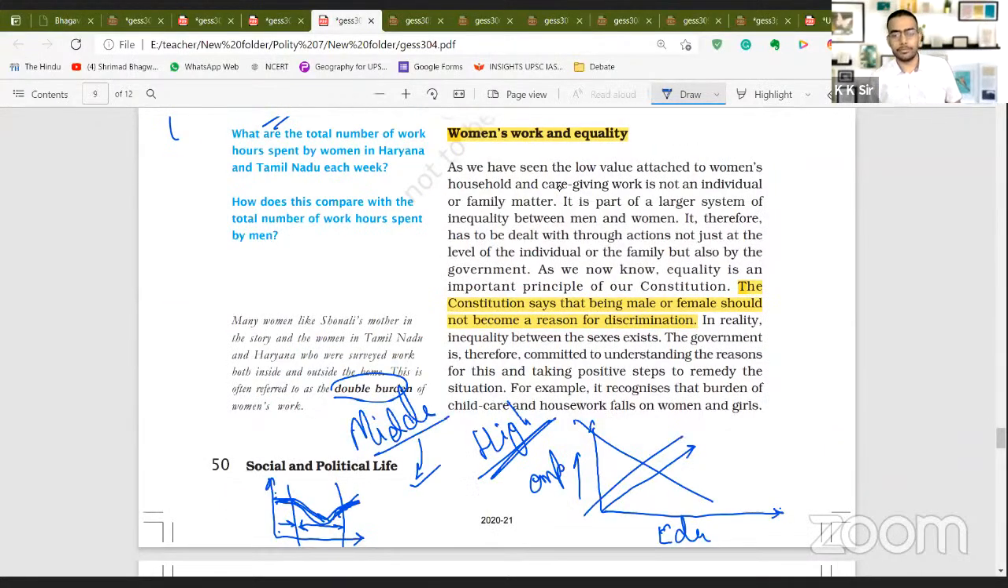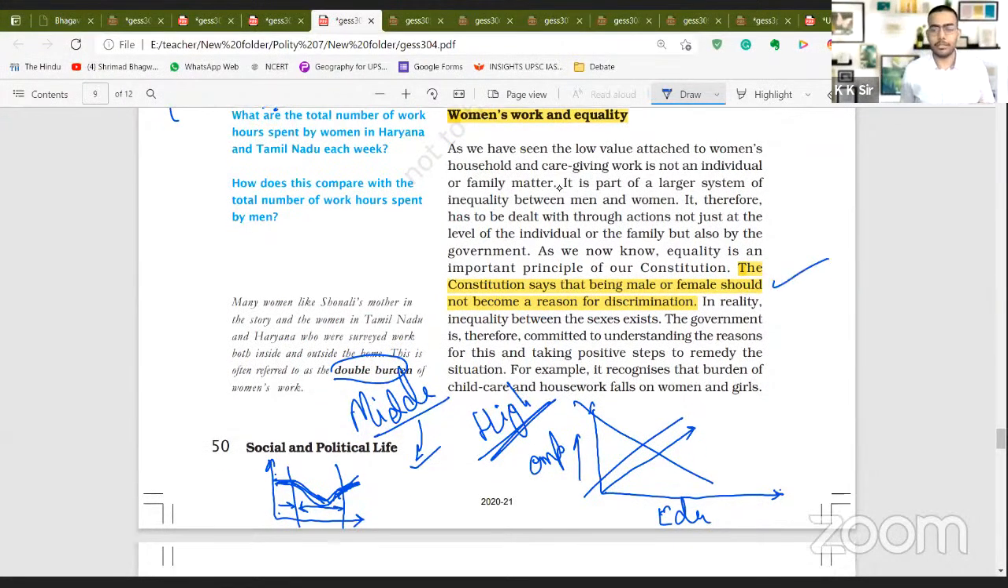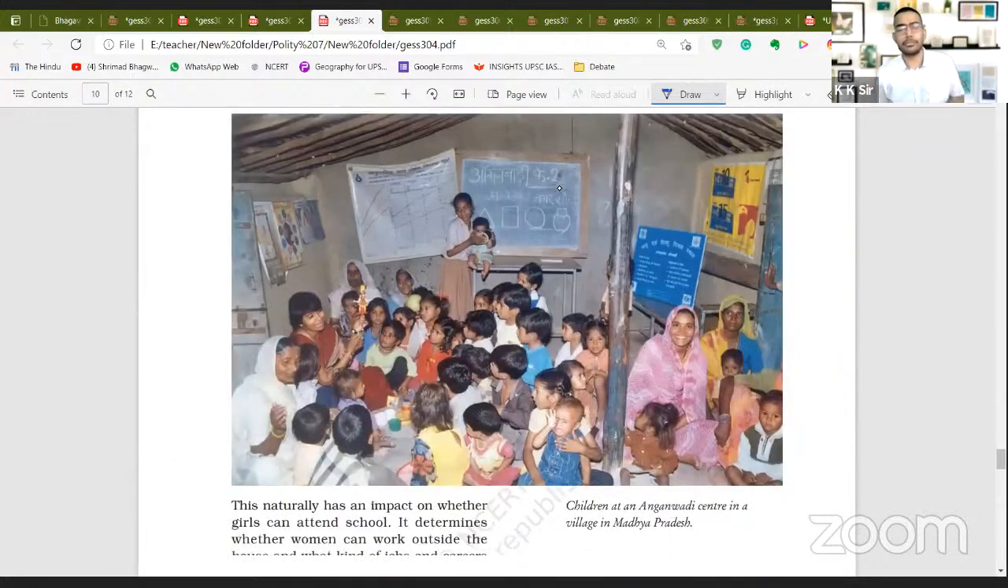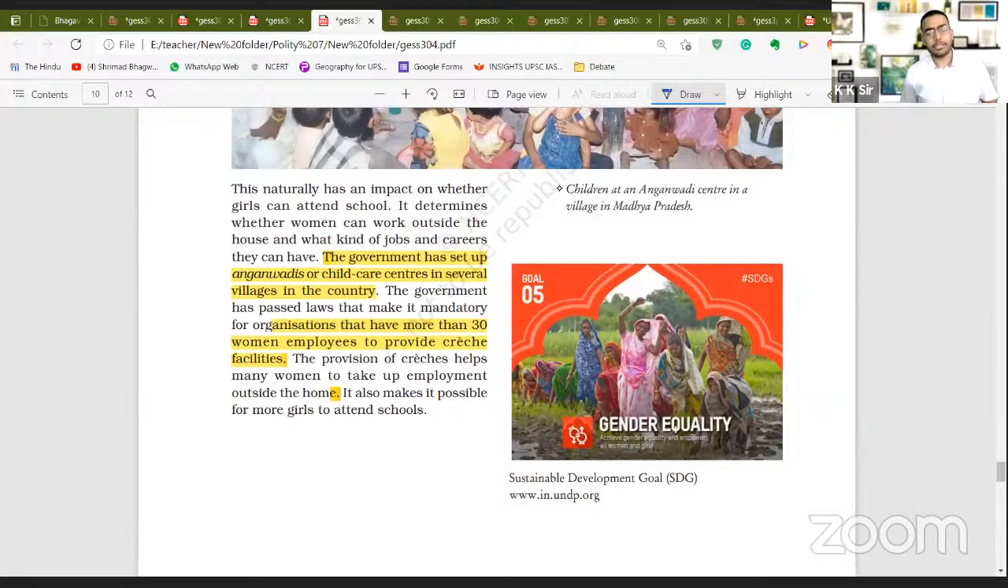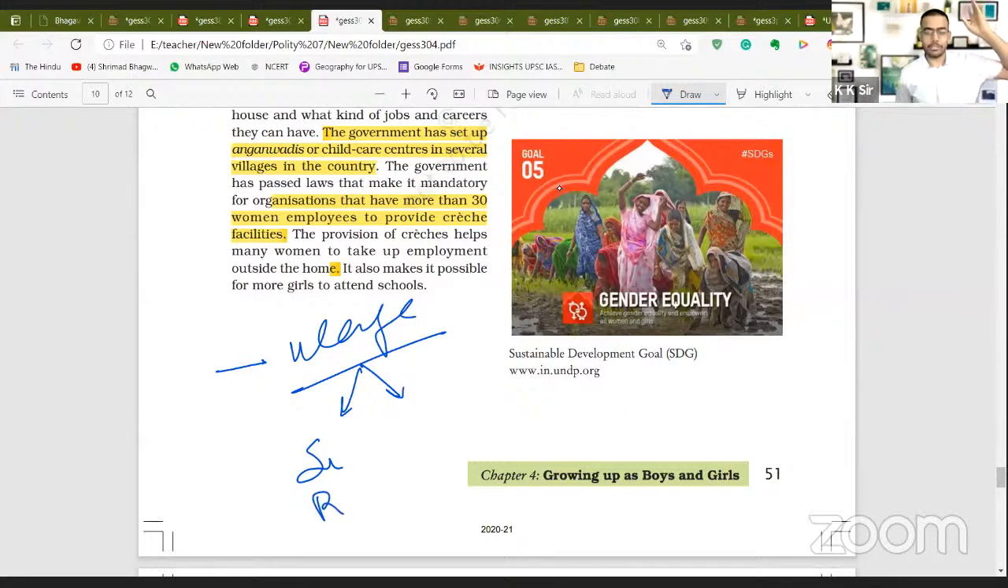Women's work and equality. As I said, the Constitution says that there should not be any discrimination based on gender, but we have various kinds of discrimination. Discrimination in the wage gap for the same kind of work. So a movie is being made. Salman Khan is taking, Rajnikant is taking so much money, and in a position,